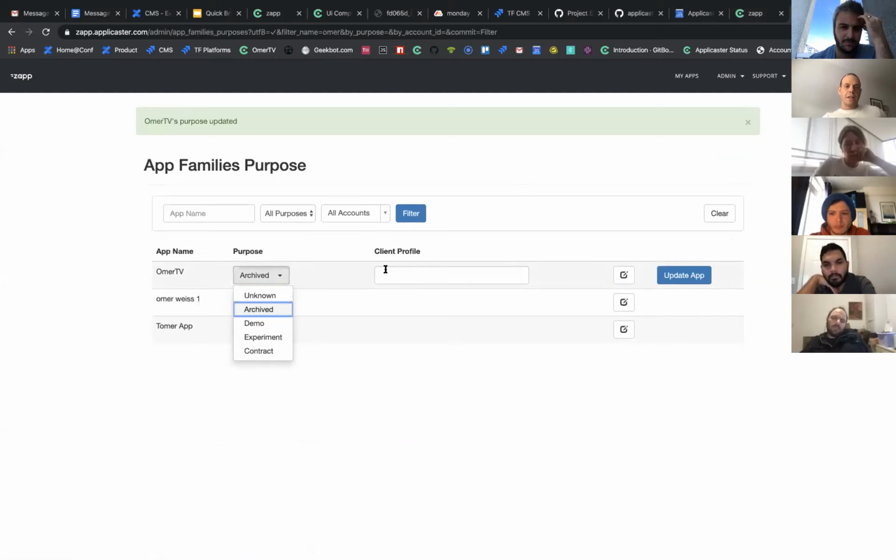We have another field here that can hold a URL string for an external lead management or some kind of sales-oriented CRM, an Applicaster CRM. And that's it. Basically, this is the feature. It should allow